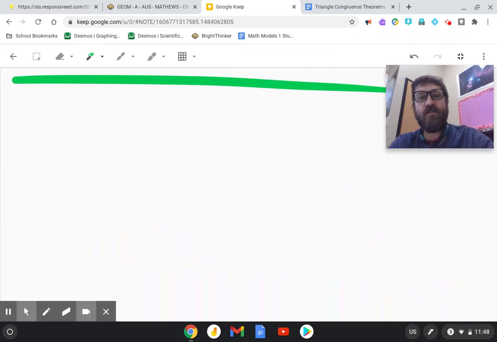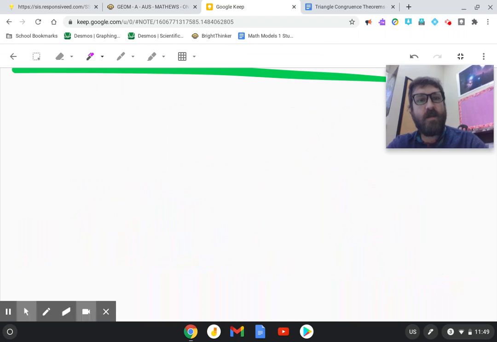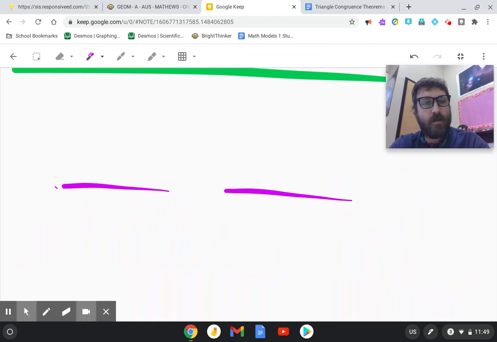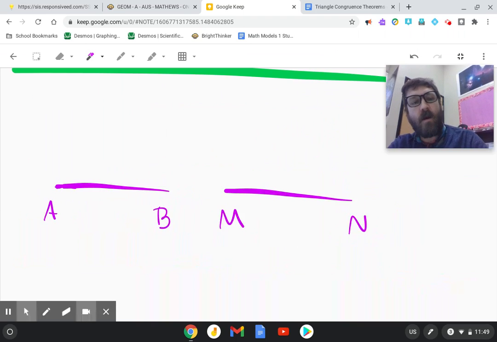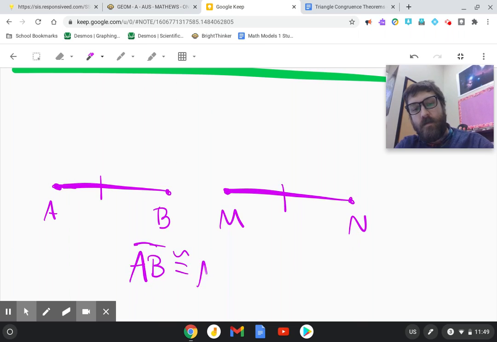For instance, just as an argument to show you what I mean, let's say I have these two triangles. And all I know about them is that side AB and side MN are congruent. So we're saying that this line segment and this line segment, which are part of triangles, are congruent. So really all I know is that these pairs of sides are congruent. Now, I haven't drawn the rest of the triangle because I want to point out the fact that this information about AB and MN, AB is congruent to MN,